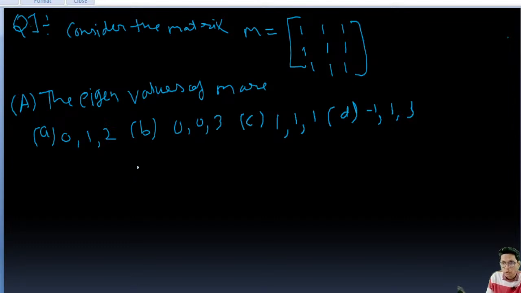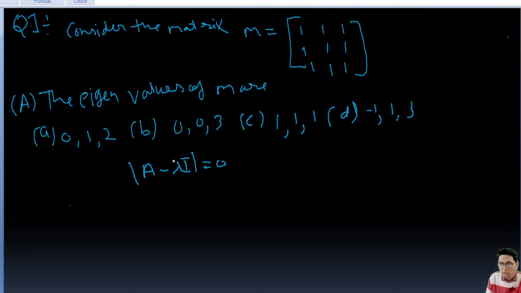The general method, like we know, is mod of A minus lambda I equal to 0. By this we can easily solve this question and find the eigenvalues. But there is a trick which I would like to tell you. The trick is,